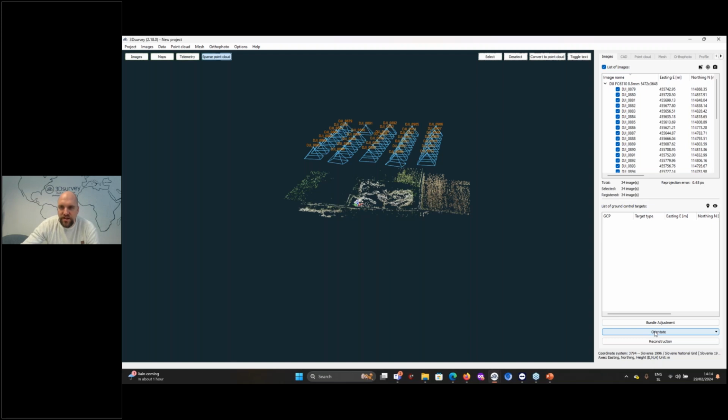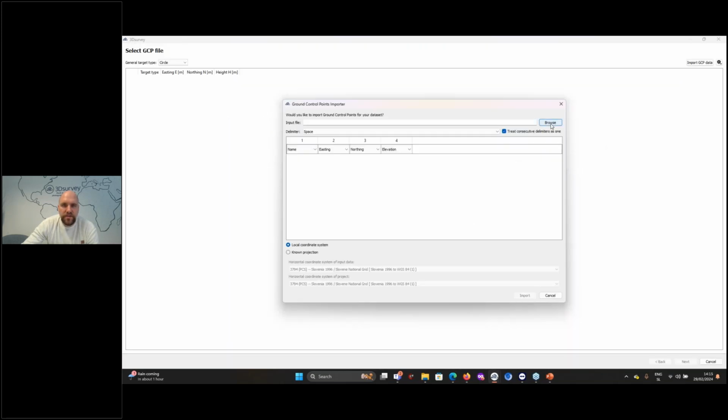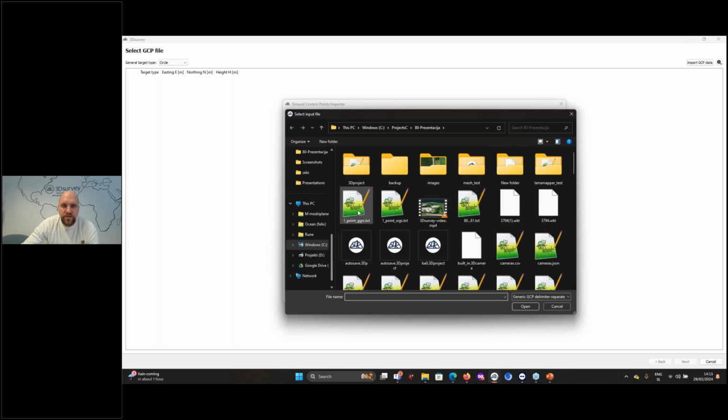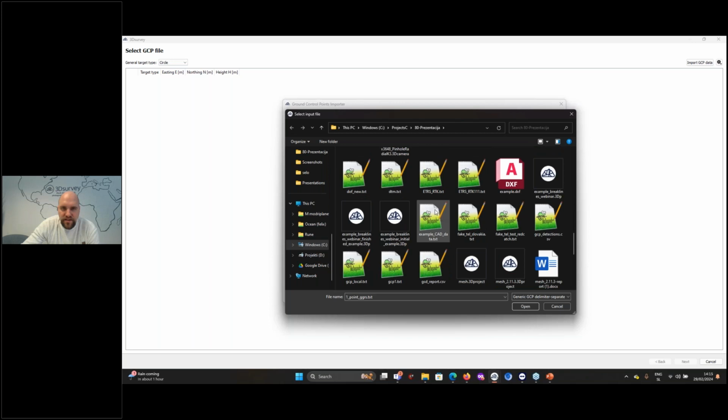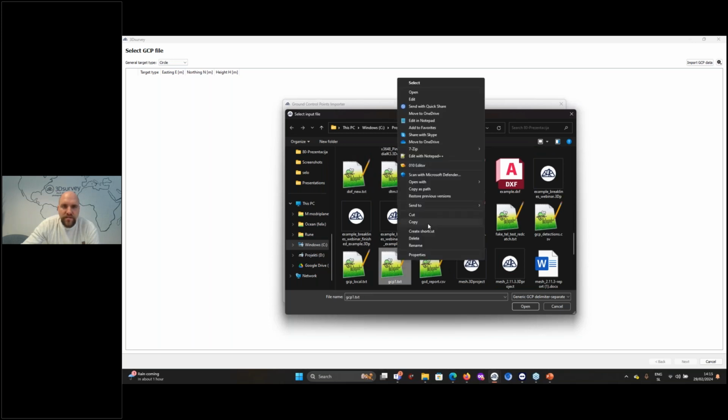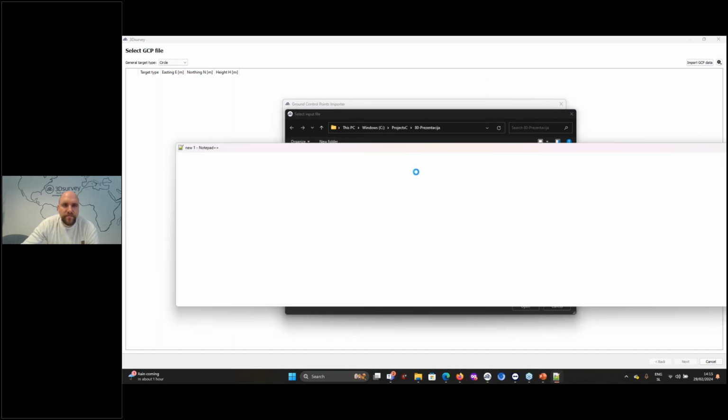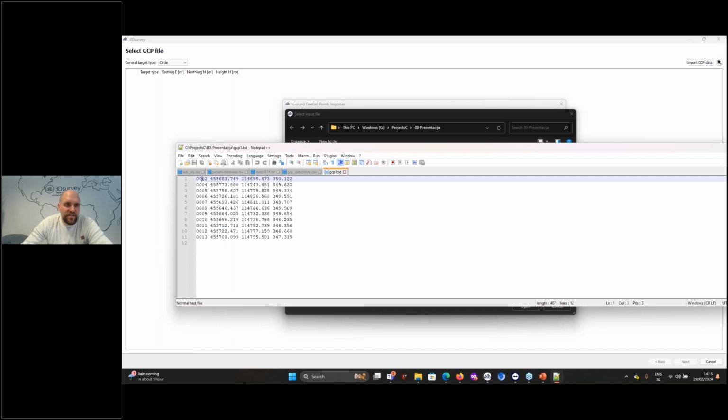And here in orientation, we will be now marking those ground control points. So I'll go now orientate with GCP data. The first step is we import the file with ground control point locations. That file is just a TXT file. Let's open it so that you see how it looks. So it's just point name, easting, northing, elevation. That's it.